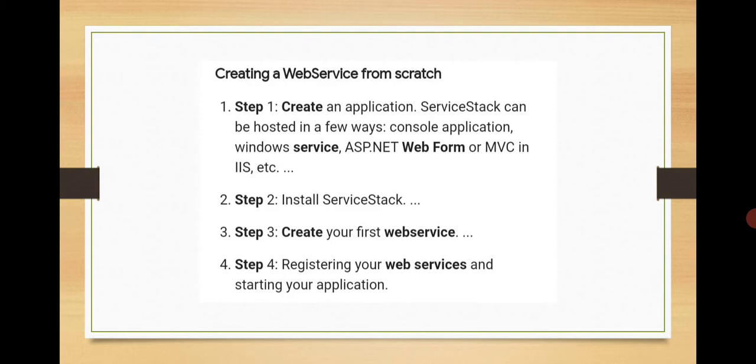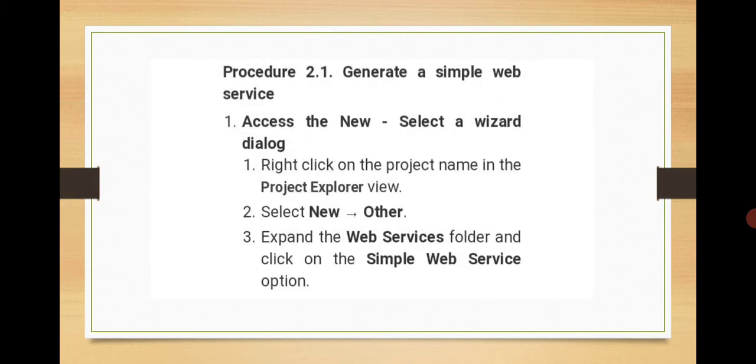Now we are going to see how to create a web service from our system. The first step is to access the new dialog. First we have to know the web service languages, so we have to select the language. We need an easy language to create the web service, so I select the wizard language. Wizard language is a simple language to create the web service, so I choose it.